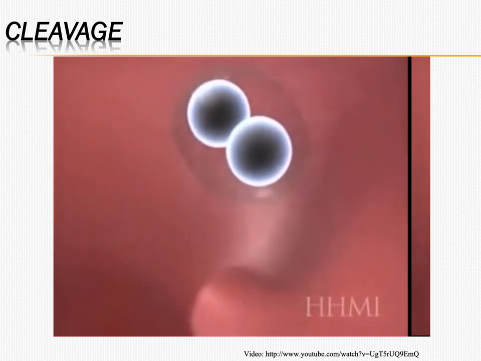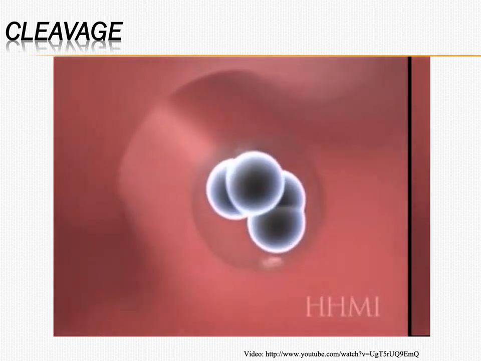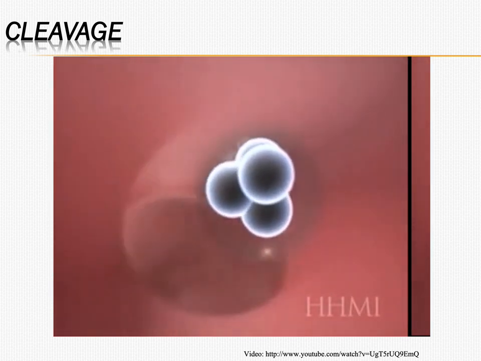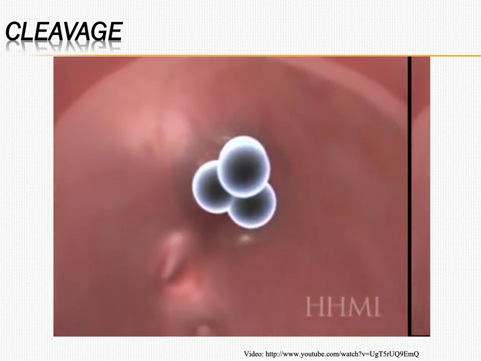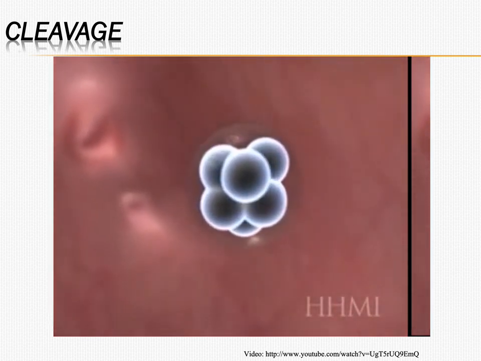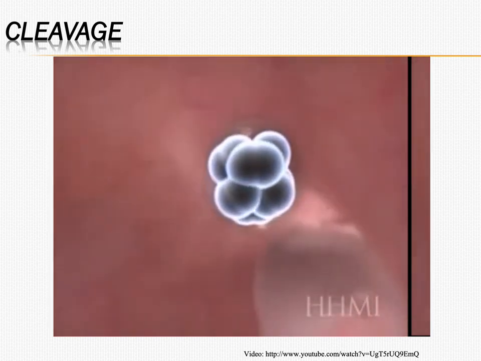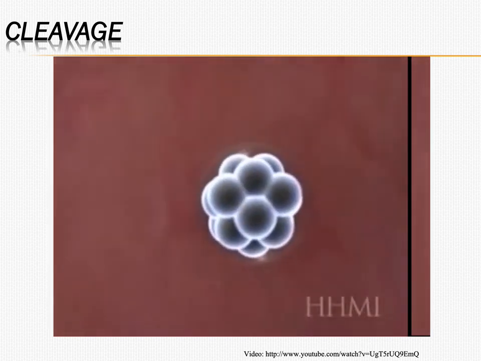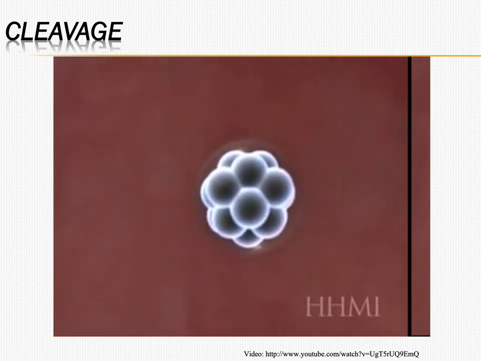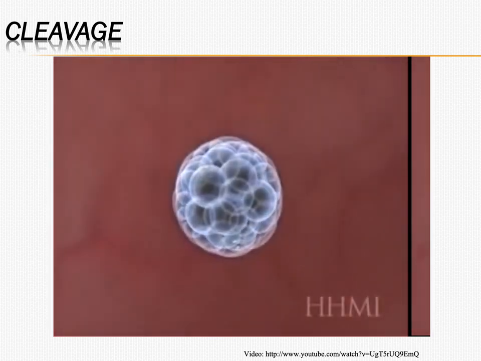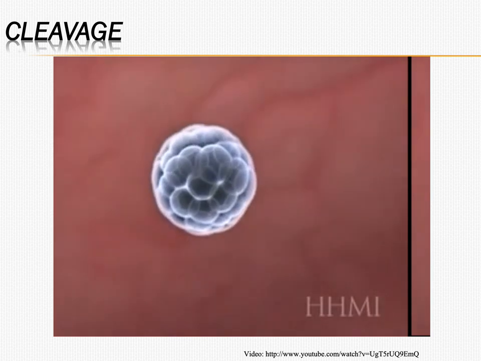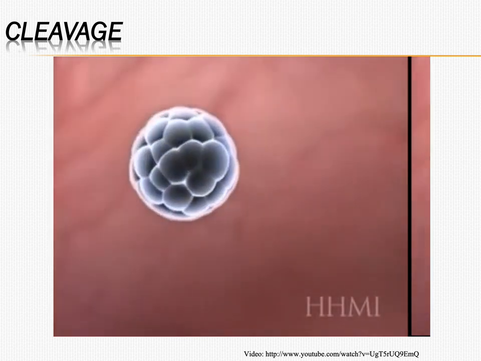Here you see early cleavage stages occurring, and this is one of the early growth phases. As the embryo moves down the fallopian tube, it's going to form an important stage called the blastocyst here in a few seconds. Of course, in real life, that takes days, about 5 days. At this stage, then, I'd like to draw